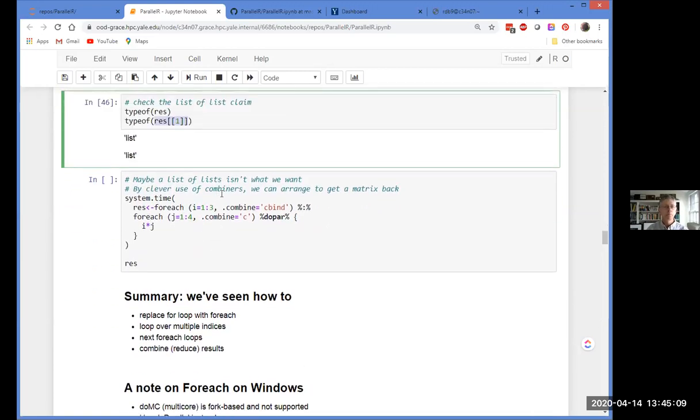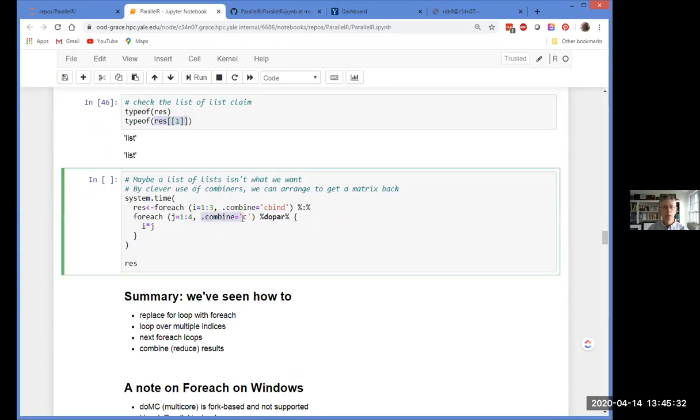So here's an example of using cbind as the combiner to turn what was a list of lists into a matrix. So this I think is genuinely useful and kind of interesting. So we're going to do exactly the same computation we did before, except that for the inner foreach, we're going to turn the list into a vector by using the c function to combine our elements, essentially to convert our list into a vector.